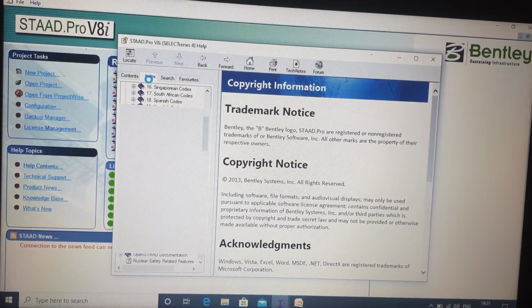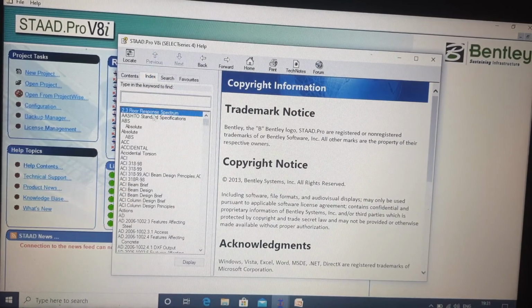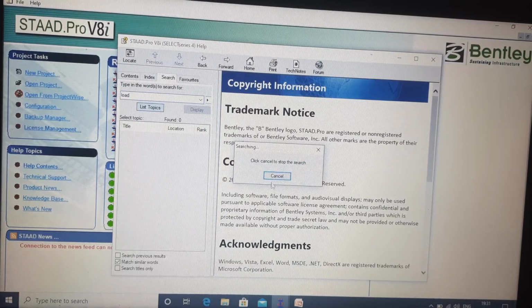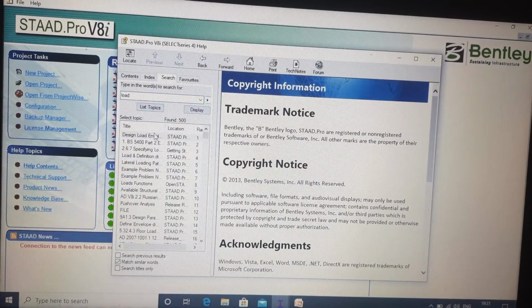This is your index button. You can directly type whatever help you need. Say you want to know how to apply load, these things can be searched from here. There is a search button also, you can search from there too. Say if you type load and list topics, you will get the related topics over here.